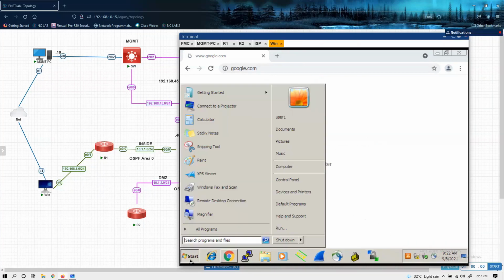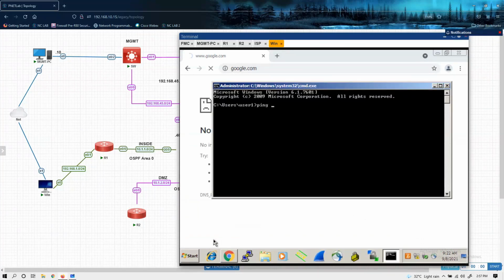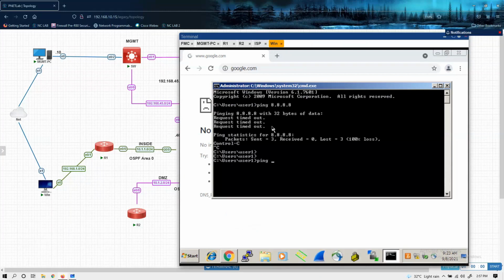Let's open CMD for once and here try to ping. Ping 10.11.10.